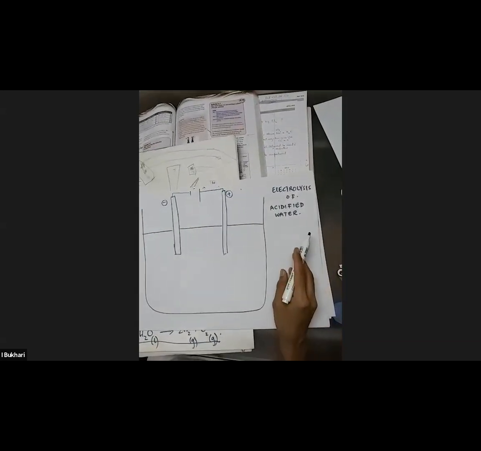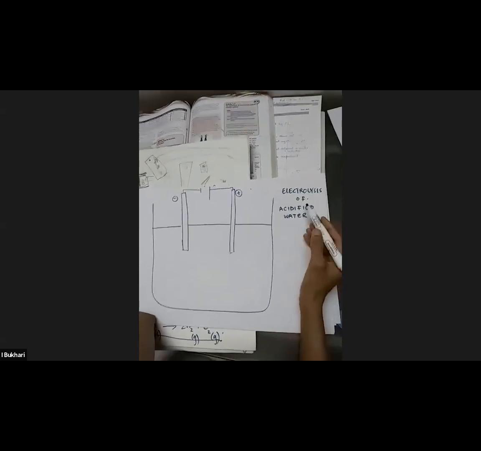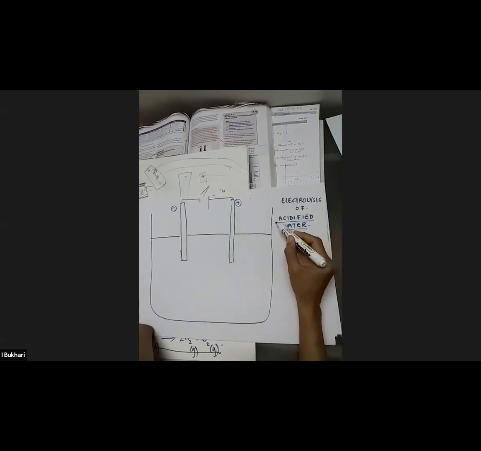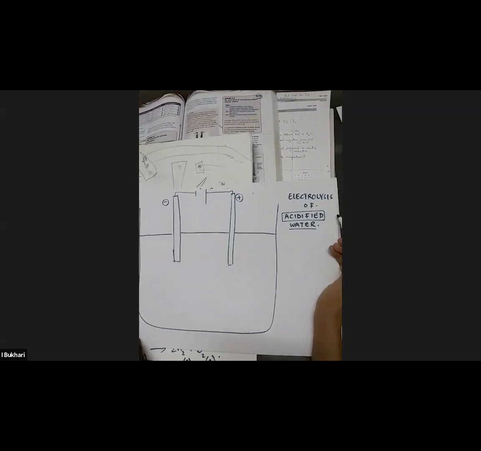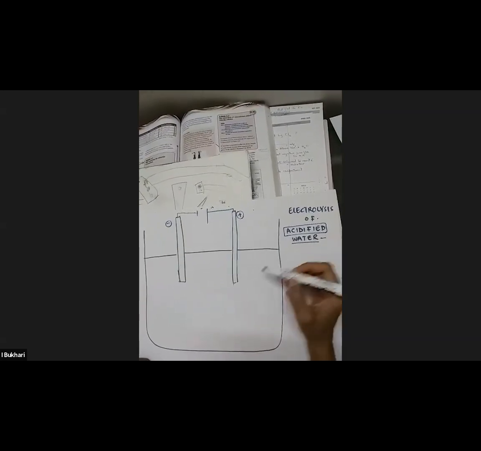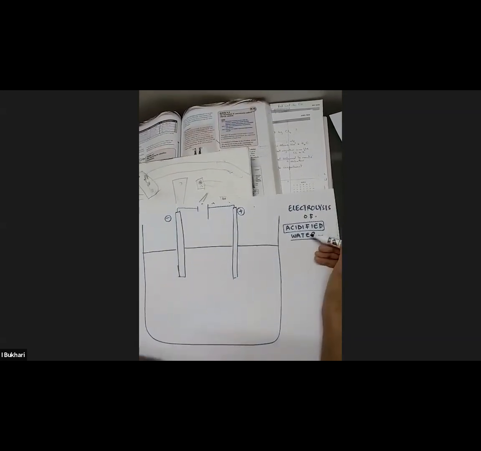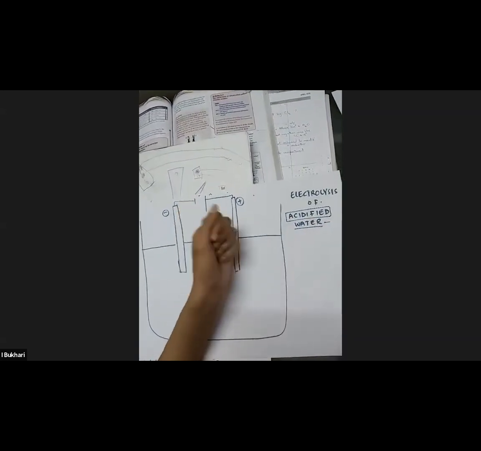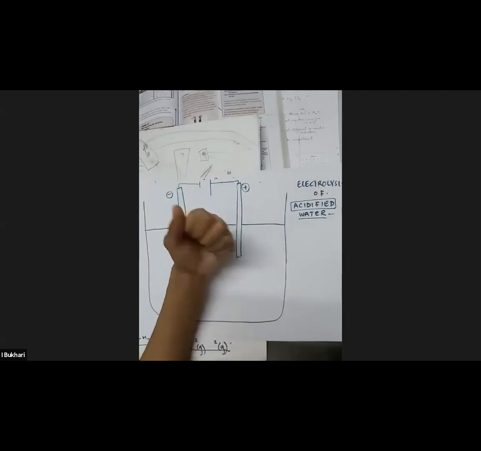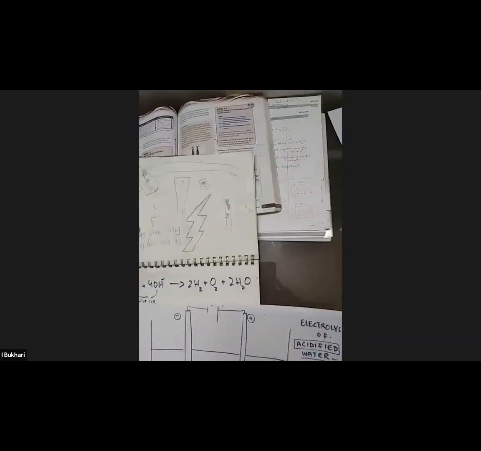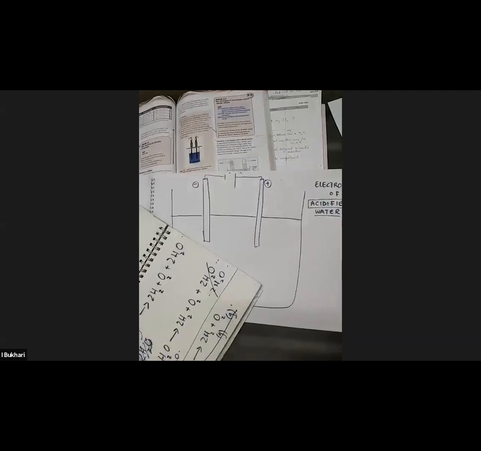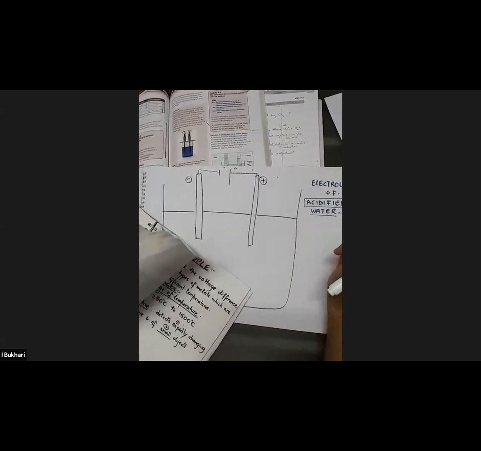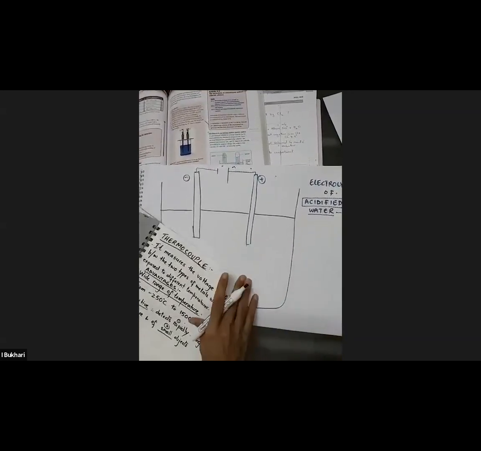Now, electrolysis of acidified water. Now, this is nothing, just electrolysis of water, but we have acidified it. Why? Because pure water molecules will not conduct electricity and the molecules will not split into their ions. Therefore, in order to help the water molecules split into hydrogen and hydroxide, as I showed you here, we add dilute sulfuric acid. But remember, dilute sulfuric acid. Now, we want to facilitate the conduction of electricity through water.